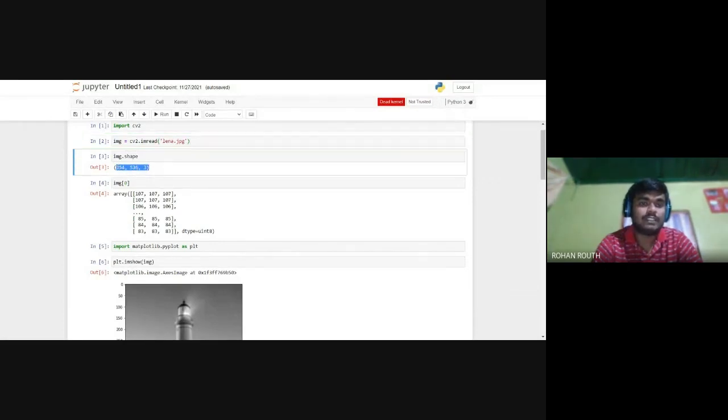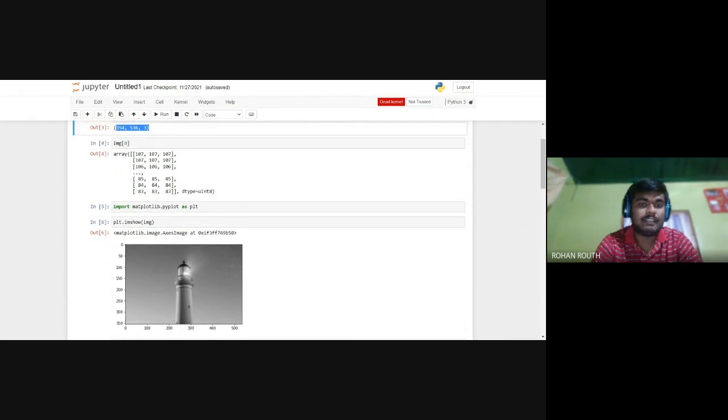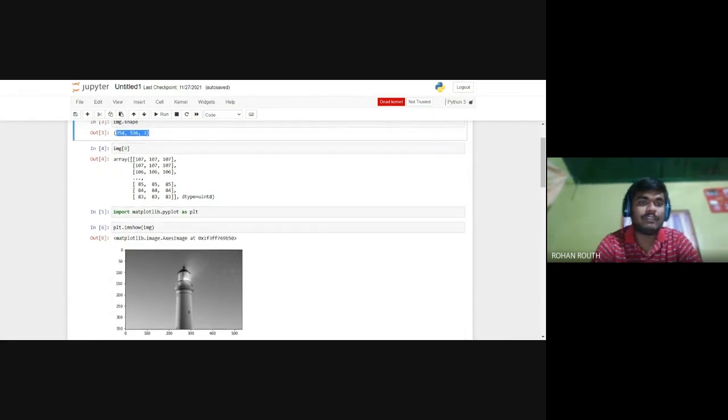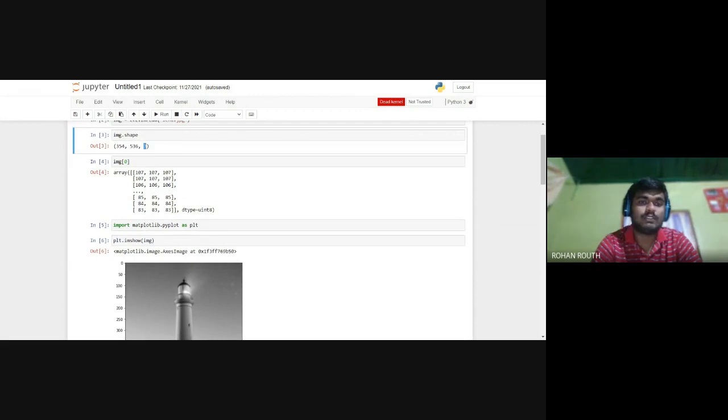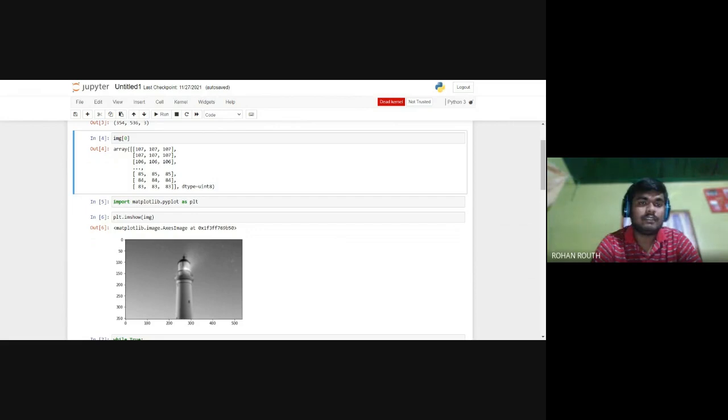For instance, this image, as you can see below, is the lena.jpg file, and the height and width of this image is 354 by 536, and the color scheme that has been used is RGB, so the value is 3.